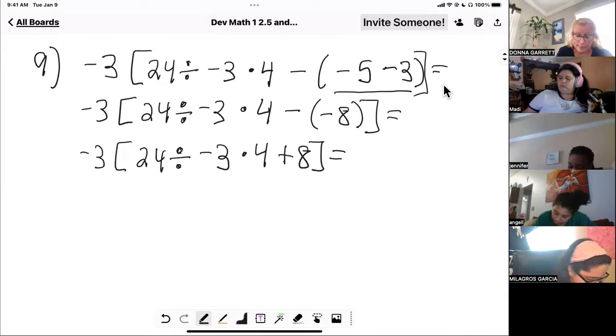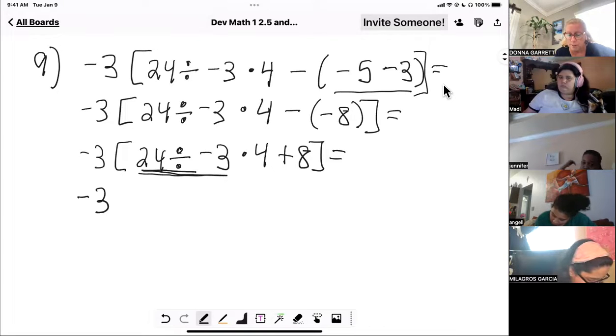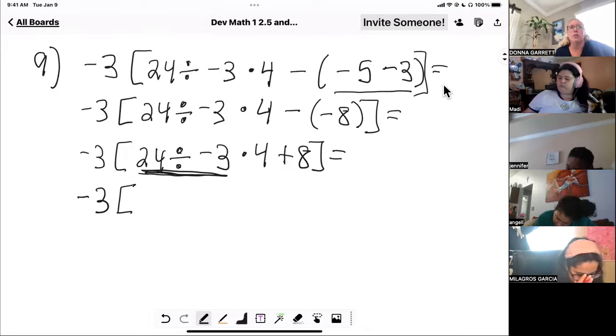And now we're going to do our inside. This is sort of like the last problem. See what came first? The dividing. So it's whatever comes first. So we have to divide this first. So 24 divided by -3. Let's see, 8 times 3 is 24. But I have a positive and negative. The negative, when you divide or multiply, wins. So it's a -8